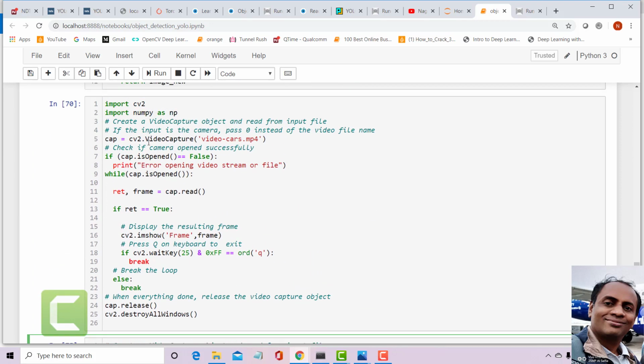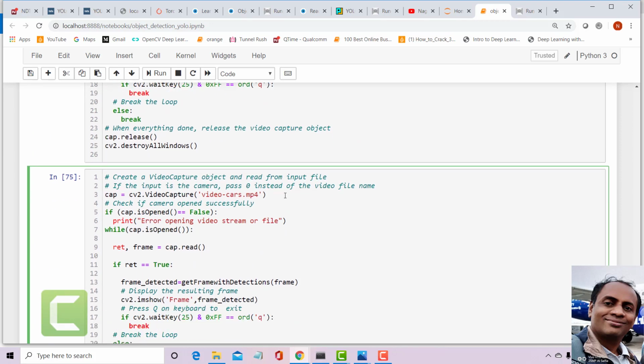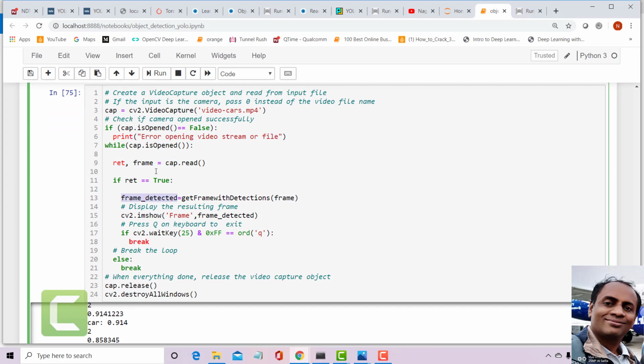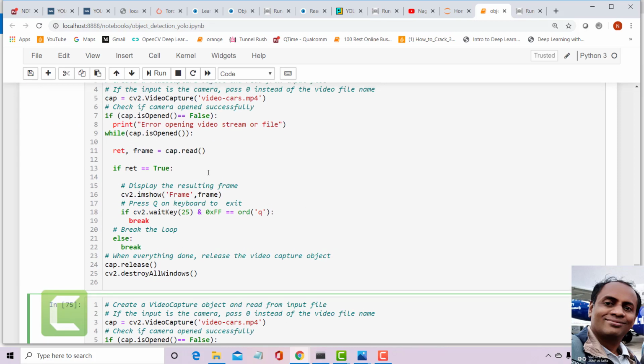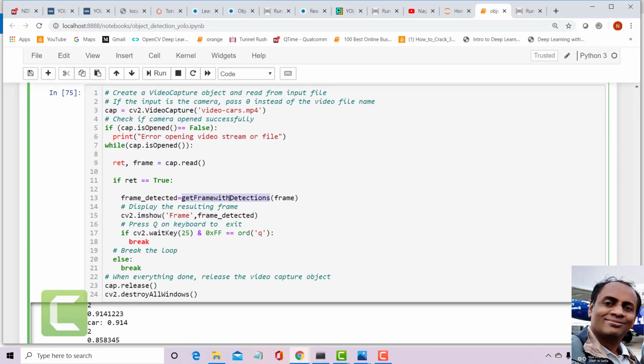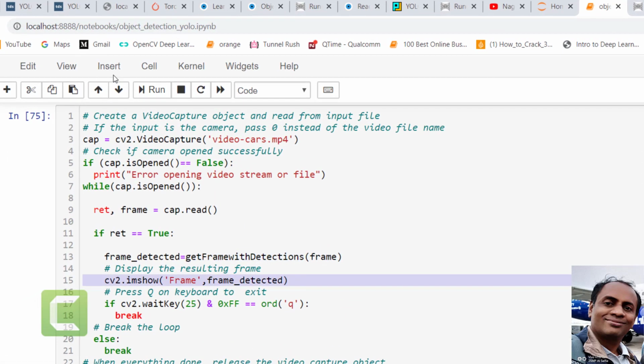Same code, guys, you just need to take the same code and read the video file, generate the handle to it, and keep reading the frames one by one with cap.read. Every frame that is read, you need to pass through the object detection function that I wrote here, which has the same logic. It will give you an image with the bounding boxes and the labels printed, and you just need to show that out here.